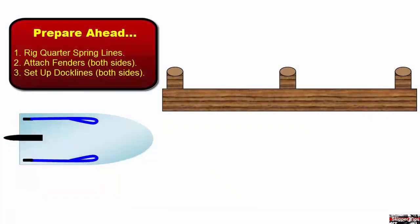You want to rig quarter spring lines as shown in the illustration. Attach two long spring lines on each side of the boat to cleats located on the corners of your stern. Tie large bowlines into the end of the lines. Rig the quarter spring lines on both sides of the boat, that way you are ready for docking port or